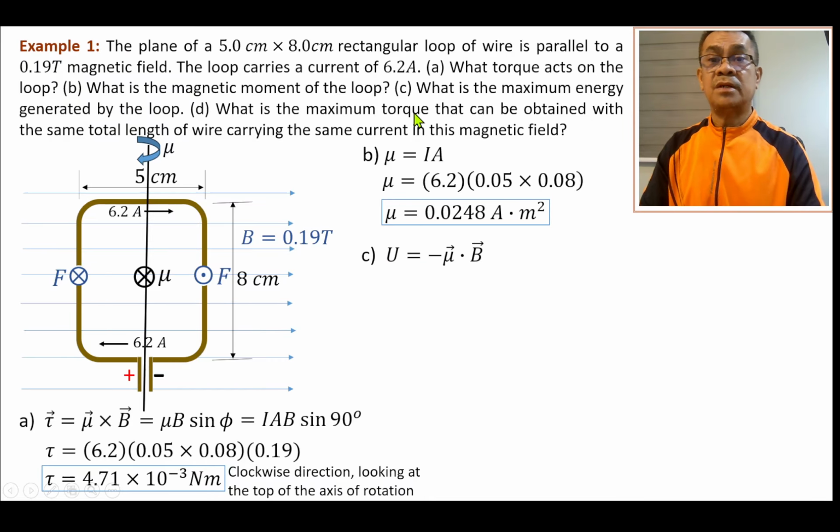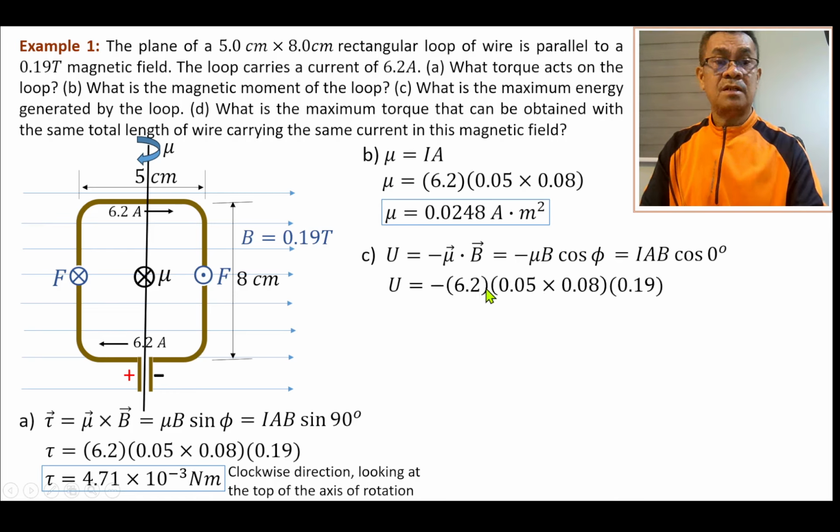Take note, cross product. Since we already have mu, remember that the product is cosine. So the angle is 90. What is cosine 90? Cosine 90 is 0. So therefore, the answer is cosine, oh, sorry,